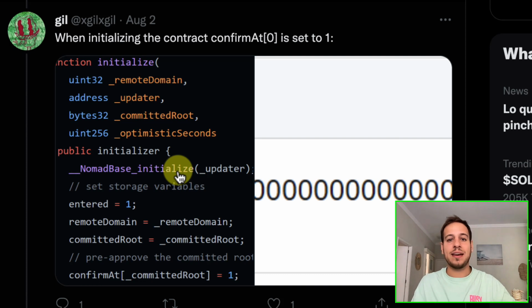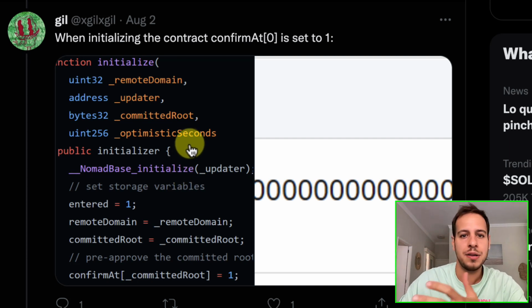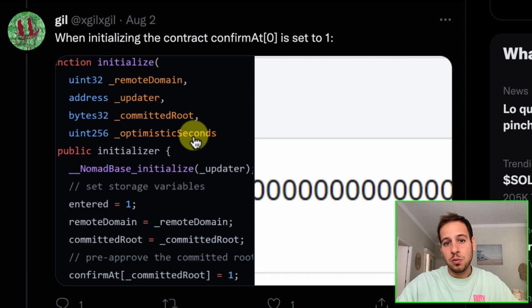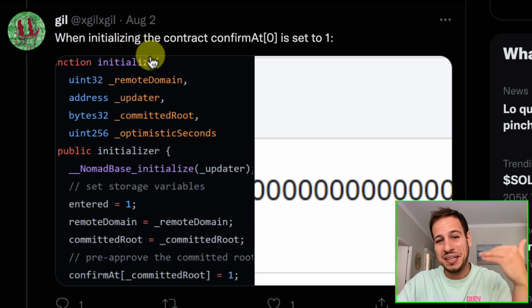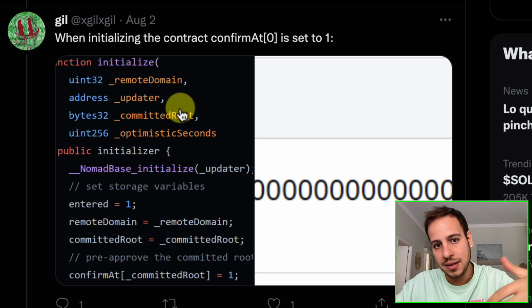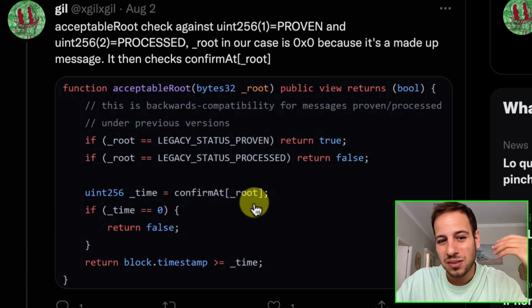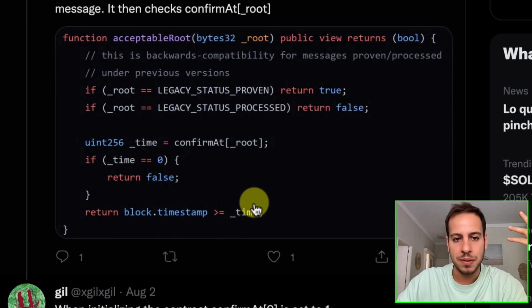You just need to take a transaction that happened in the past in the bridge to release funds, and instead of changing to a valid hash, you just change it to 00000, put your own address, and then the smart contract will send the funds and release them. Even though the bridge transaction would never happen, it would think that this is a valid message, valid hash, because you put 000 and the if passed through, and it will send the funds to the exploiter wallet who sent the message. So this is a very, very simple to exploit vulnerability, but to find it is quite challenging because it